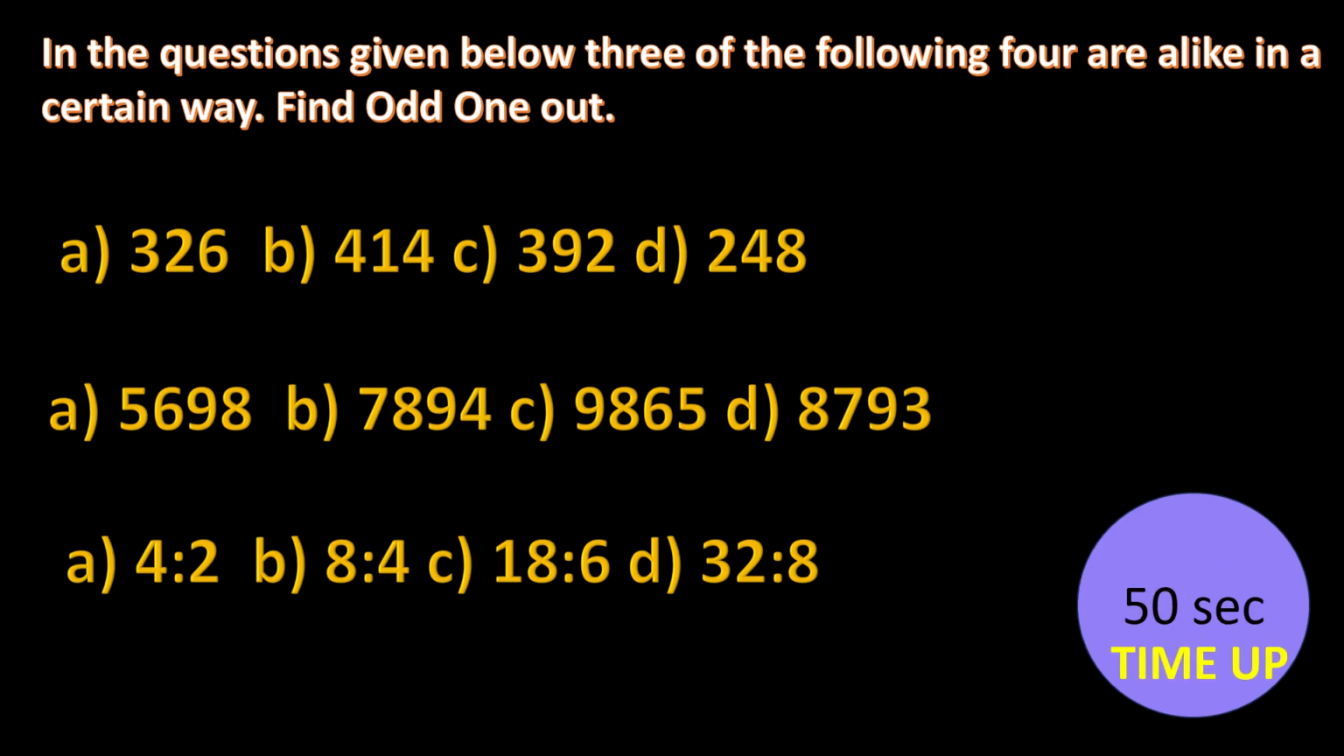Time up. First one is 326, 414, 392, and we have 248. 326, 414 is there, 392 is there, 248 is there. So what logic can be used here? Mark this as very important